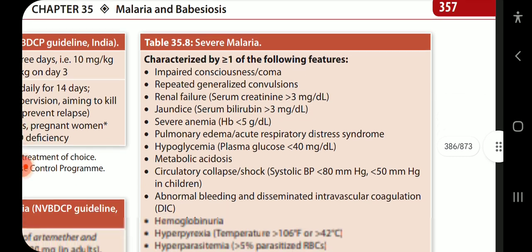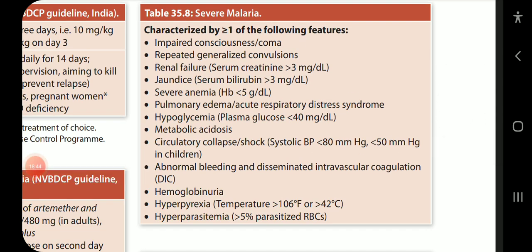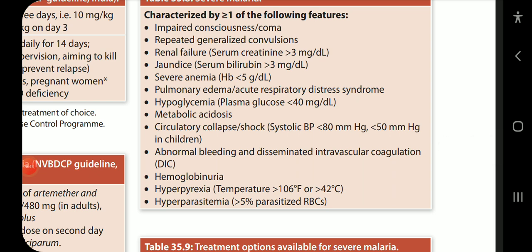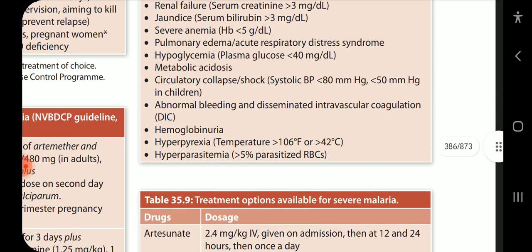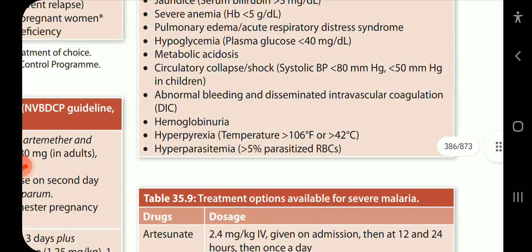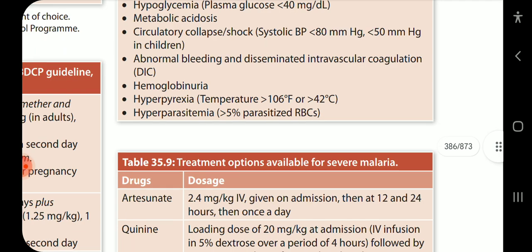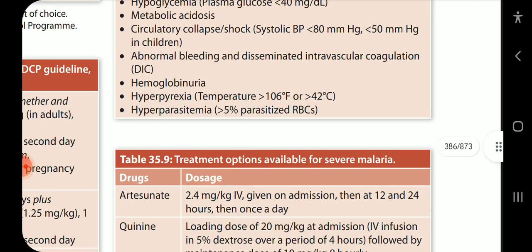Now in this table we see the severe malaria. It is characterized by one or more of the following features: impaired consciousness, coma, repeated generalized convulsions, renal failure, serum creatinine more than 3 mg per deciliter, jaundice, serum bilirubin more than 3 mg per deciliter, severe anemia, hemoglobin less than 5 gram per deciliter, pulmonary edema, acute respiratory distress syndrome, hypoglycemia, plasma glucose less than 40 mg per deciliter, metabolic acidosis,